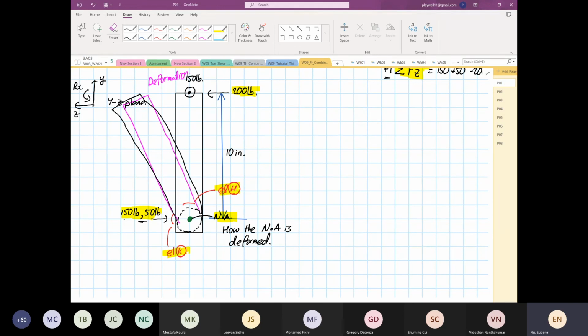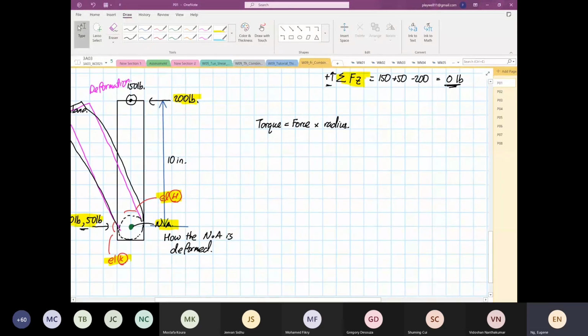You have to put this down first, before you talk about what is a torque, what is a moment, and what is a shear force acting on the elements. So now you know that. Now we are going to calculate the torque. Okay, so now we know torque is equal to force times radius. All right. How to identify the top is the neutral axis